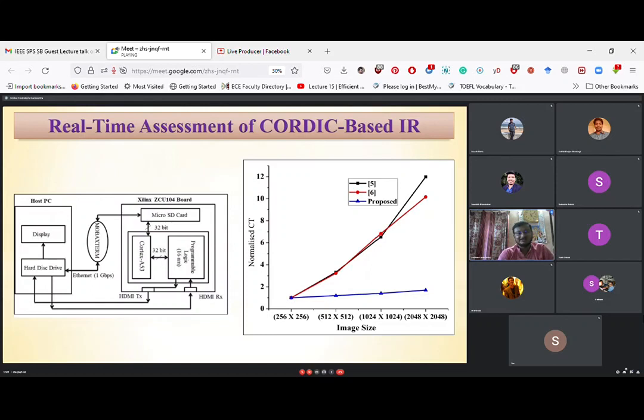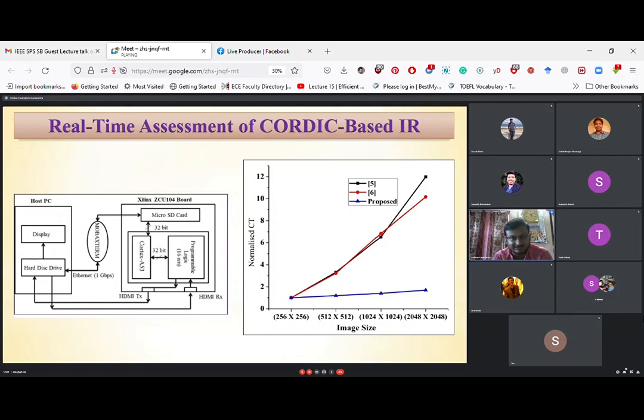That's why it is not highly dependent on the image size. This is the experimental setup where our Zynq board is connected with the PC by using MOVA extern, and then the HDMI cables are utilized to send the image from the PC to the Zynq board. This is the complete experimental setup where we have tested just the transform model estimation step.